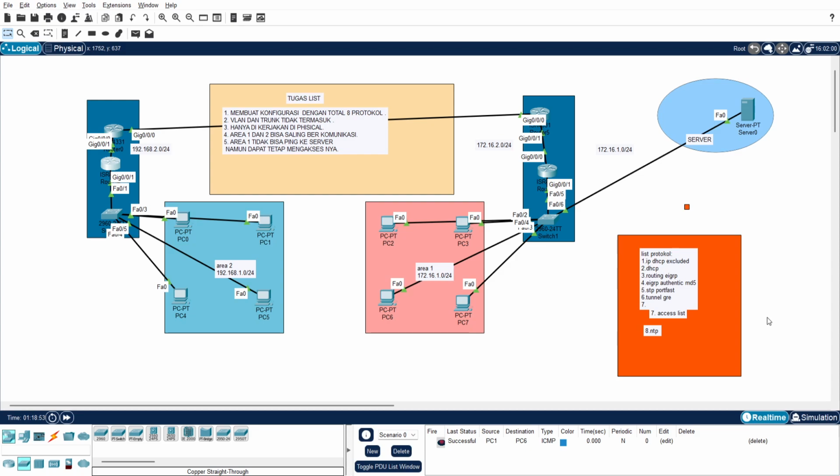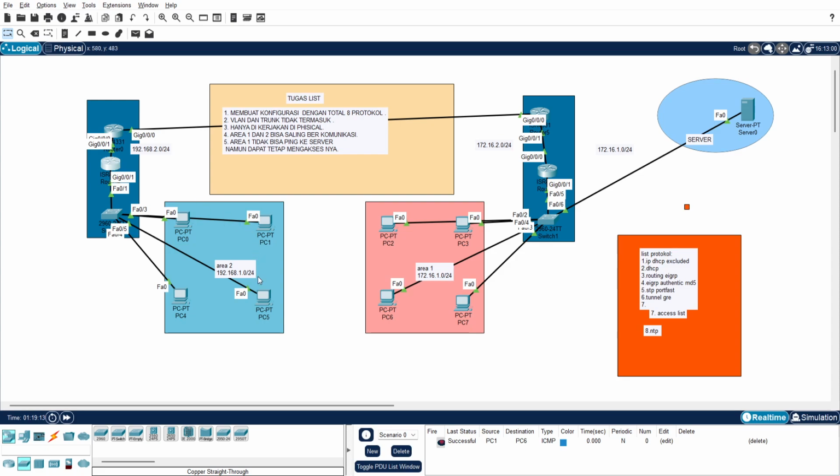And tunnel GRE, I have tunnel GRE from router 4 to router 6. You see there is tunnel 0, 10.100.100.2, then 10.100.100.1.